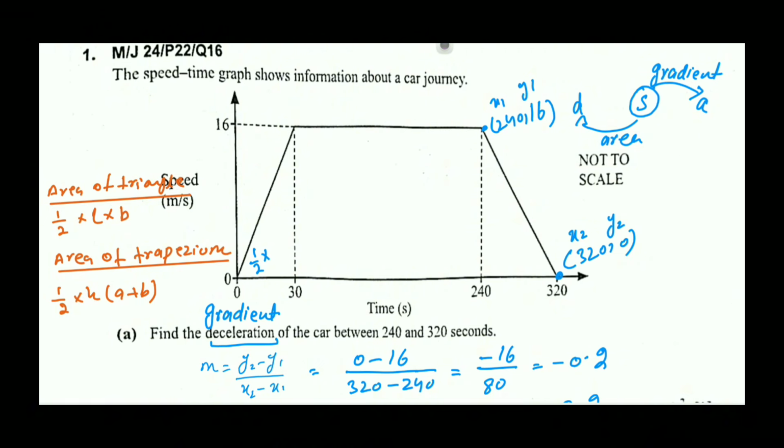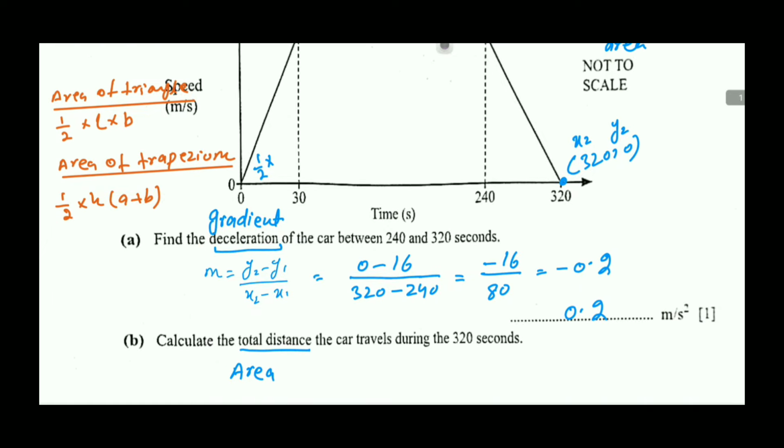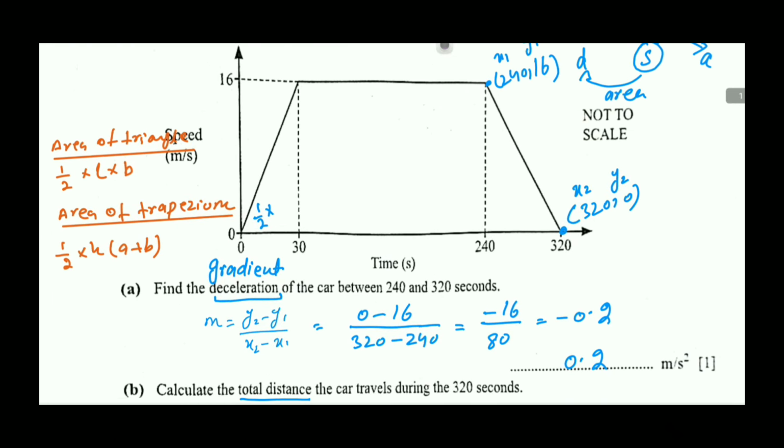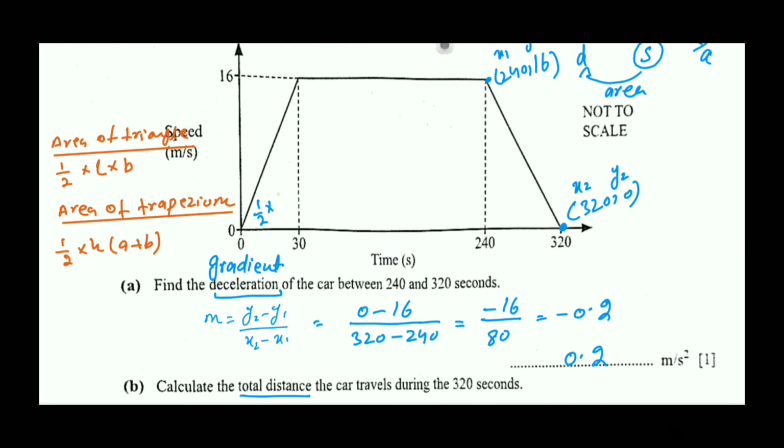So what we will do here: area of the triangle will be 1 over 2 into height into breadth. Height is 16. You can see the triangle's height is 16. And what is the width? Width or breadth is 30. You can see this is 30. So you can simplify: 2 8s are 16, and 8 30s are 240. 240 is the area of this triangle.